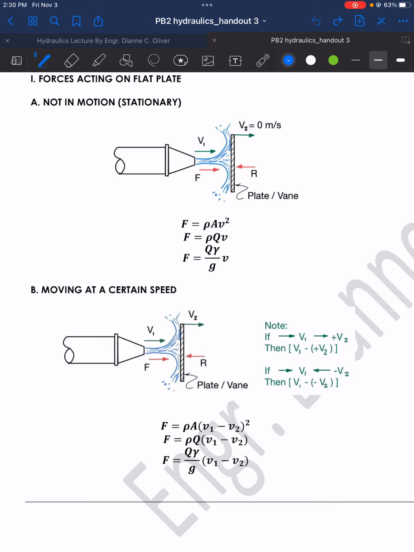But if they are in opposite directions, so V1 is going to the right and V2 is going to the left, that means the sign for V2 is negative. So in this formula, we will then have it as V1 minus quantity negative V2. That's why it will turn into V1 plus V2. Okay, so let's use this